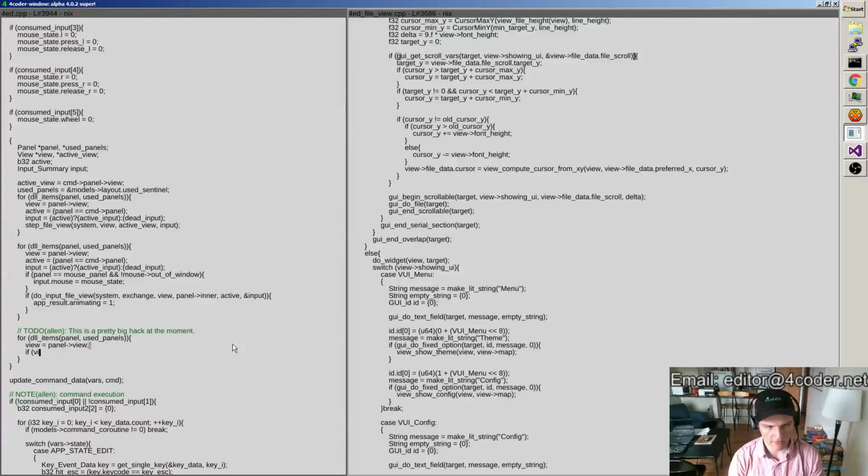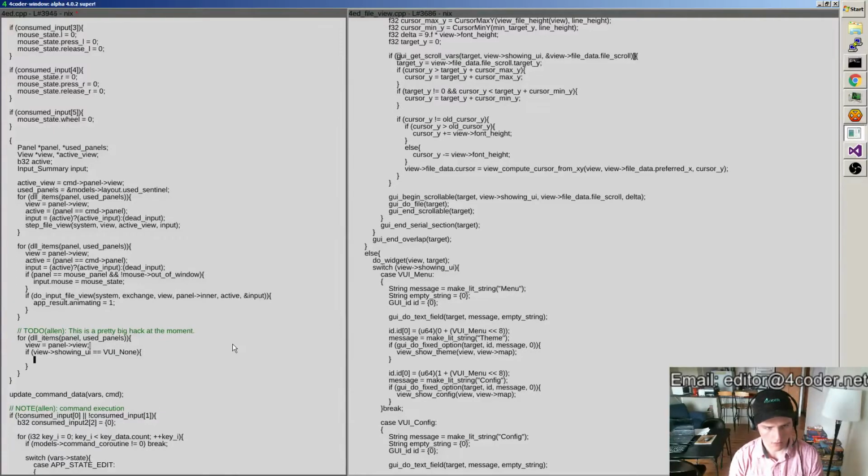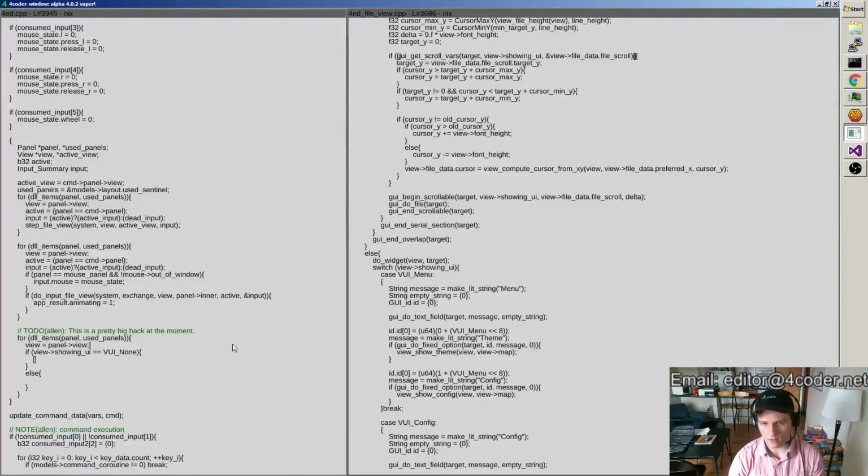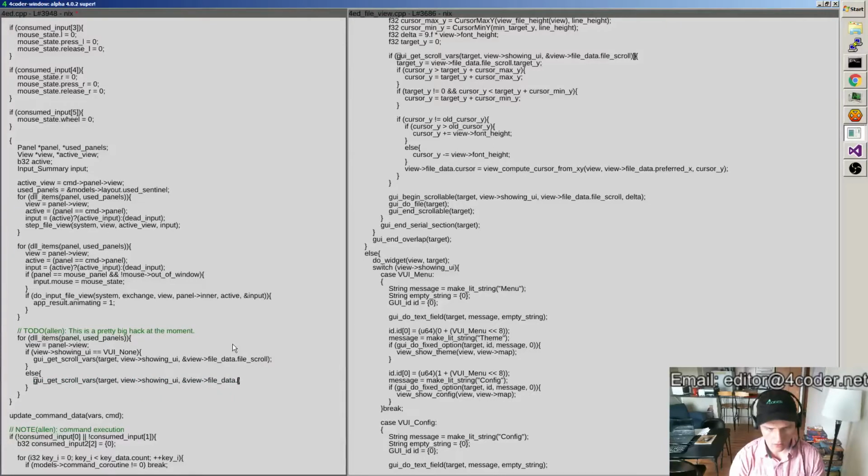So if the view showing UI equals VUI none, else, okay. And what I can do is I'll call this function here, and on this one I do the